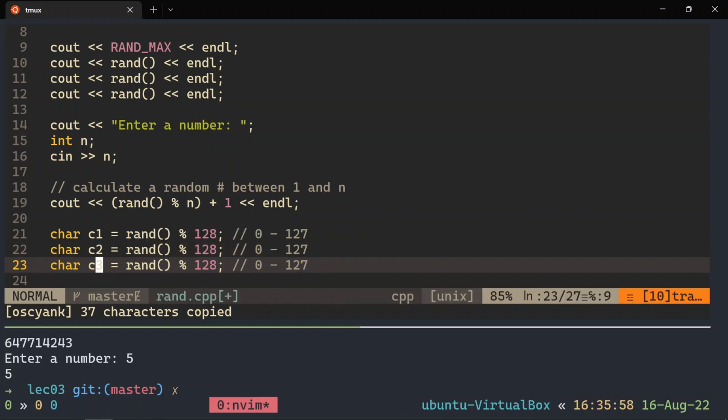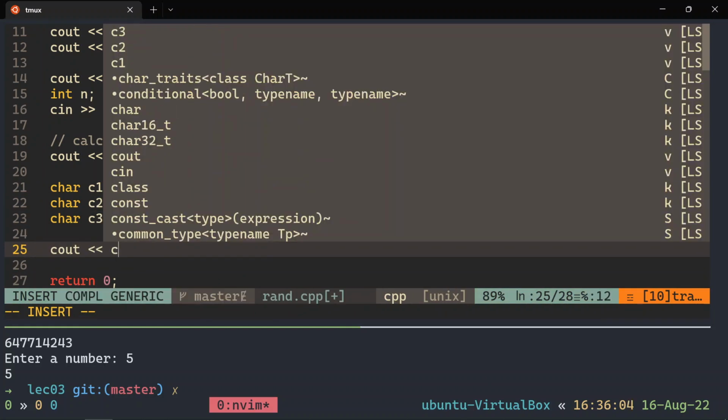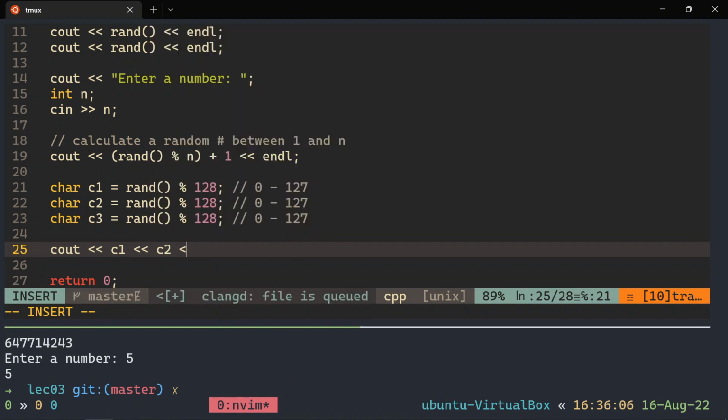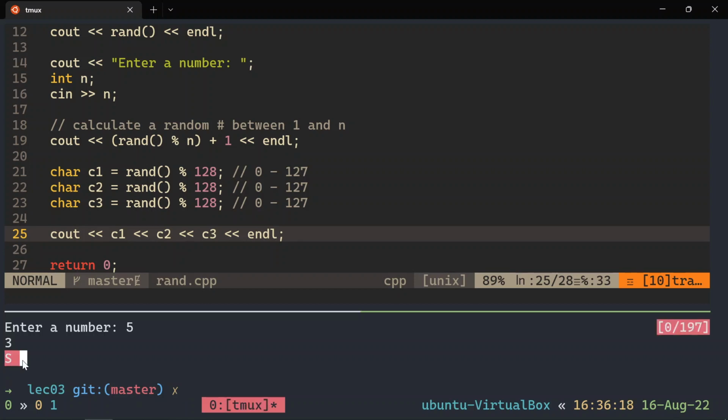C1, C2, C3. Most of these random things are not going to be printable characters, but we'll just see what happens. C1, C2 right after it, C3. Let's see what we get. That's fun. Apparently, we got S, some unprintable character, and a new line. Because this is 2 new lines, so one of the random characters was a new line. That's impressive. We got T, capital D, semicolon this time. And so, yeah, SY, unprintable character. You can have fun with that